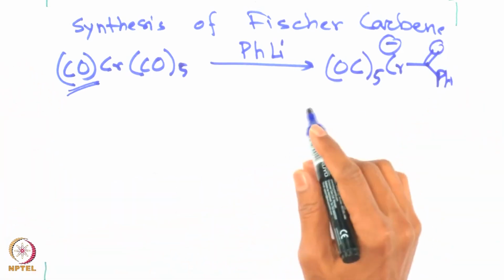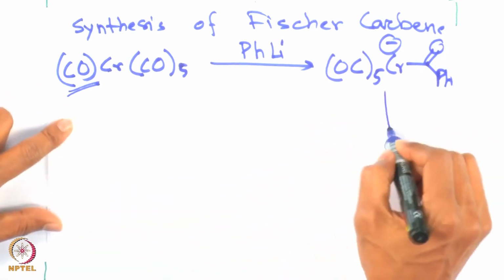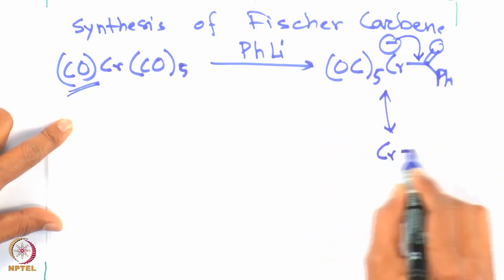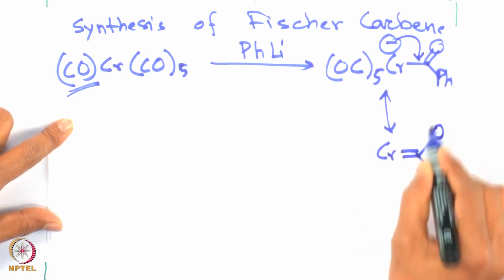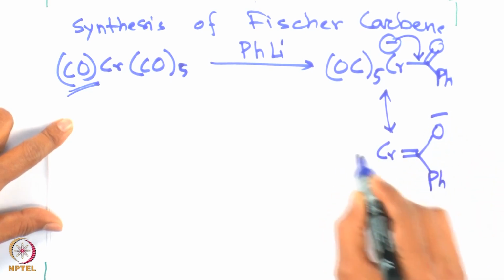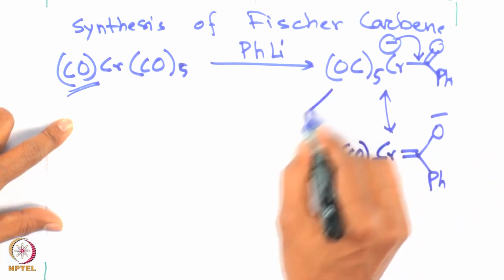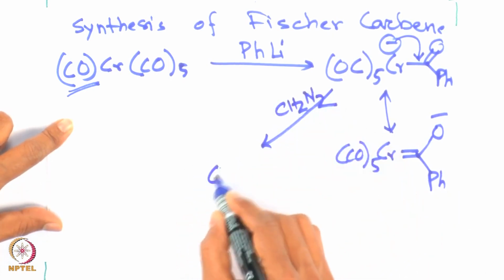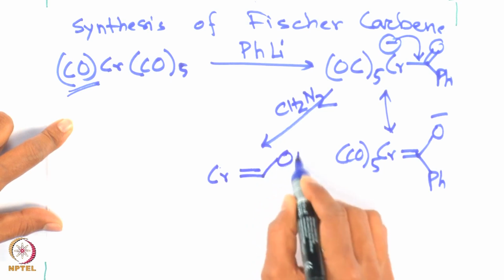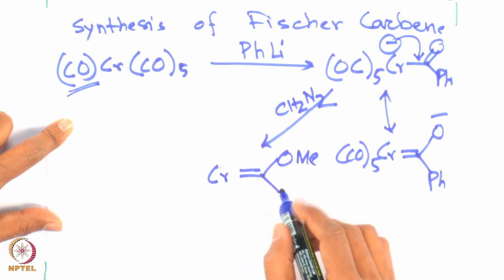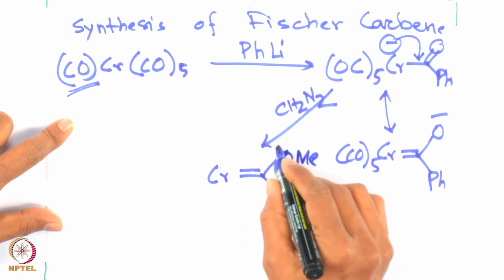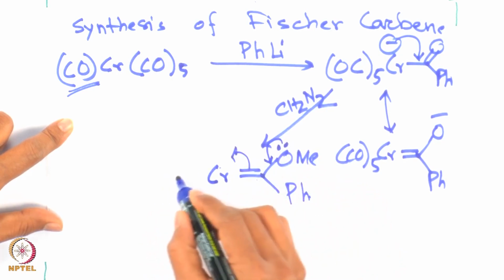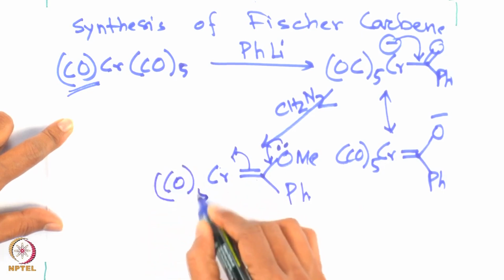From there on, this is the usual carbene you can think of, chromium double bond with O minus and phenyl species. From there on, if we react it with, for example, diazomethane, we will get chromium, this usual Fischer carbene complex,